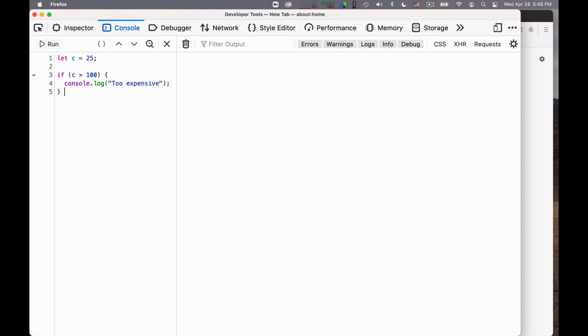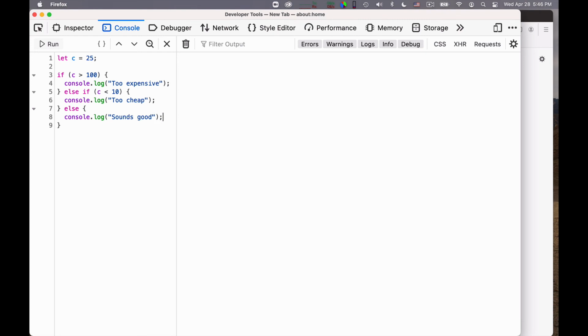Okay, else if C smaller than 10, you can say console log too cheap. Okay, and you can conclude with a final else that says console log sounds good.